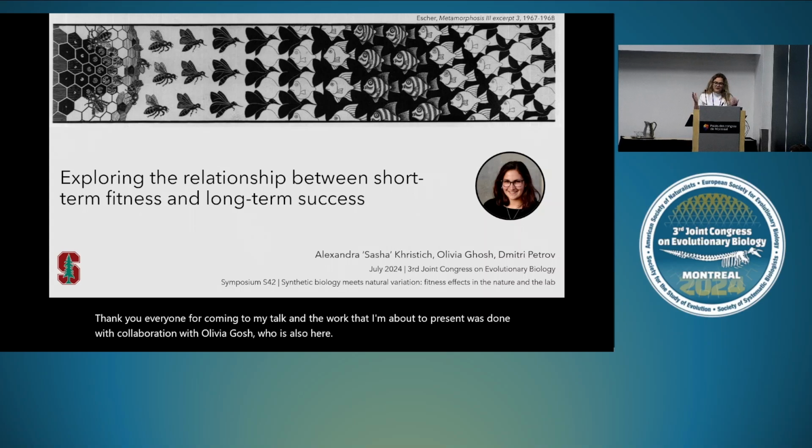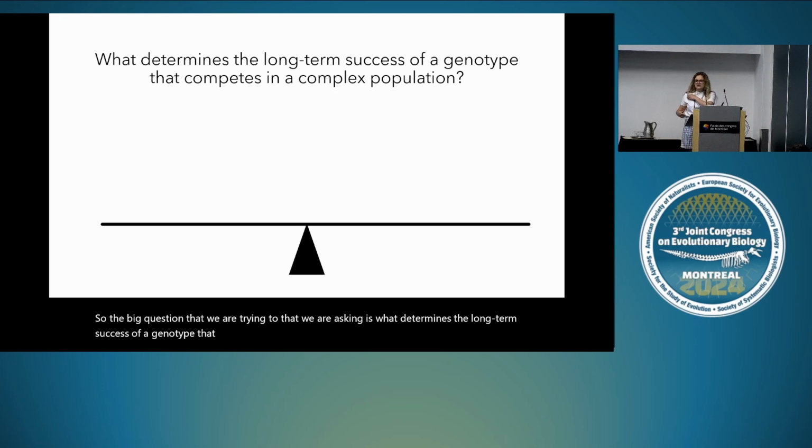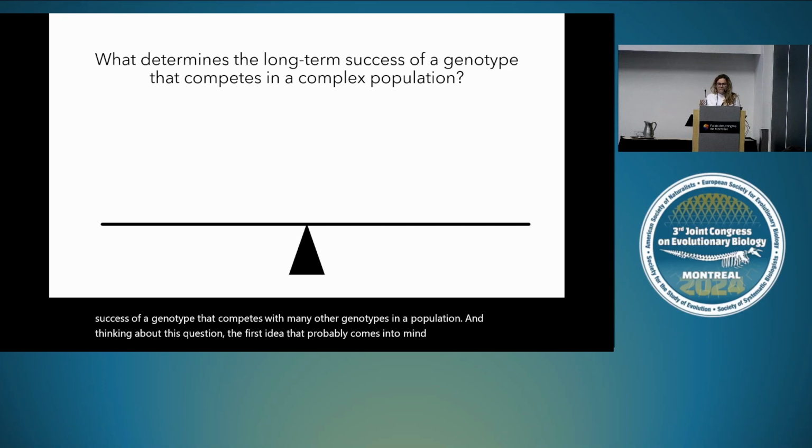So the big question that we are asking is, what determines the long-term success of a genotype that competes with many other genotypes in a population? And thinking about this question, the first idea that probably comes to mind is, well, probably initial fitness should matter a lot. If you start with